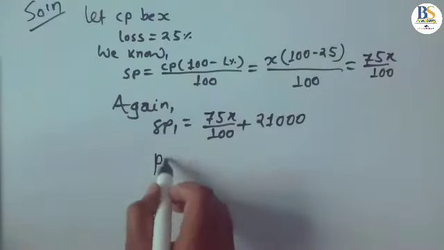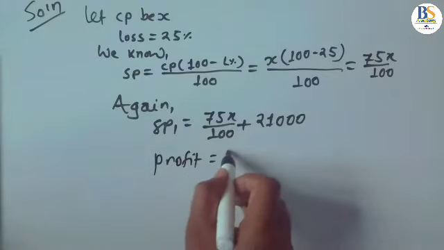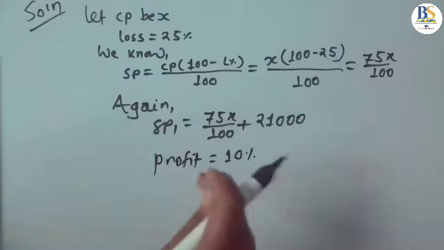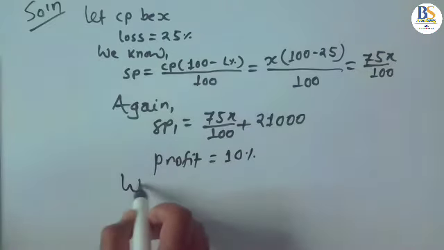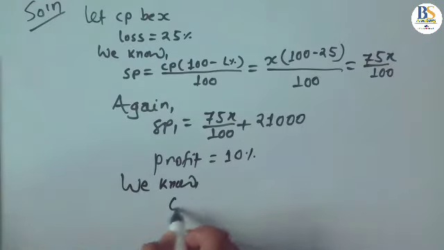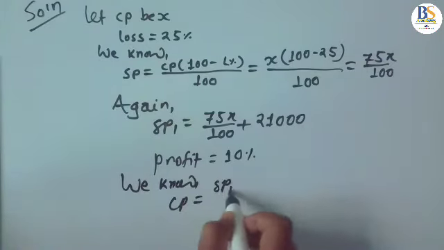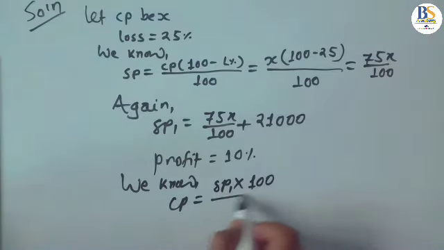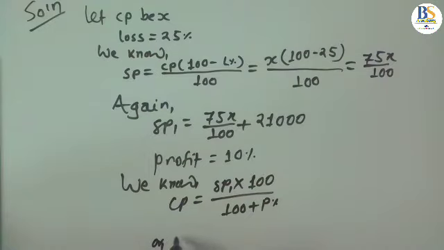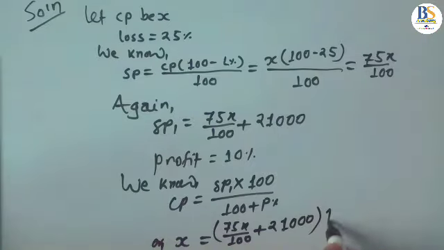Then profit would have been 10%. Again, SP and profit percent is given. We can find CP. We know CP equals SP1 times 100 upon 100 plus profit percent, or CP is X. SP1 is 75x upon 100 plus 21,000 times 100,